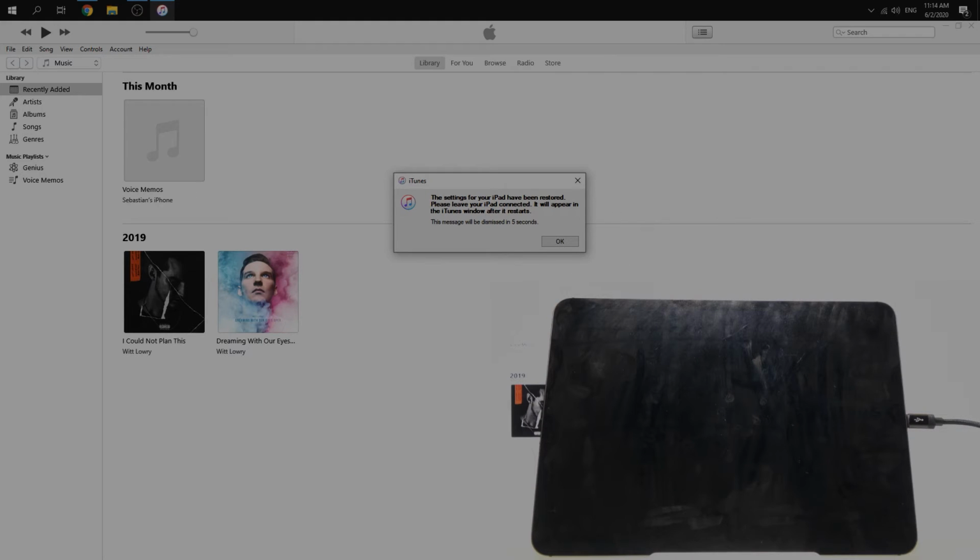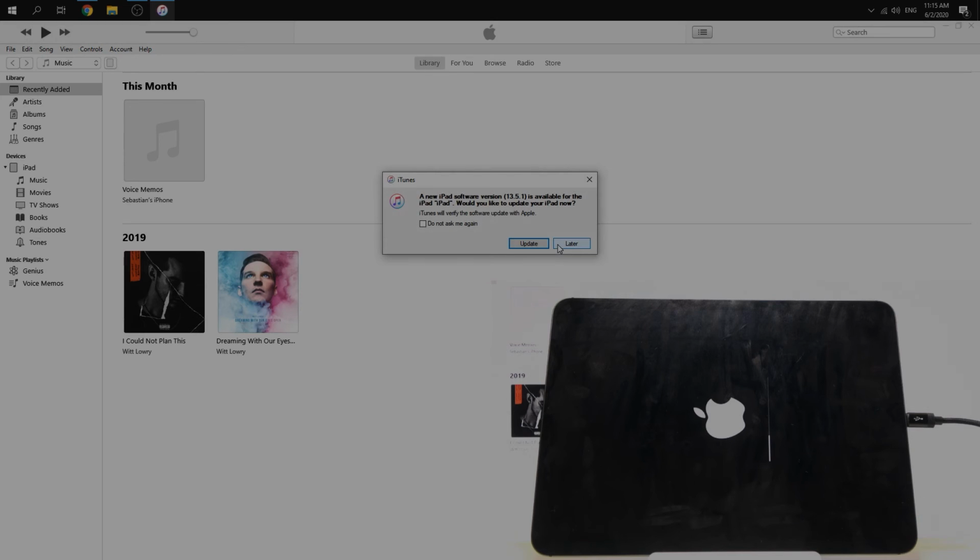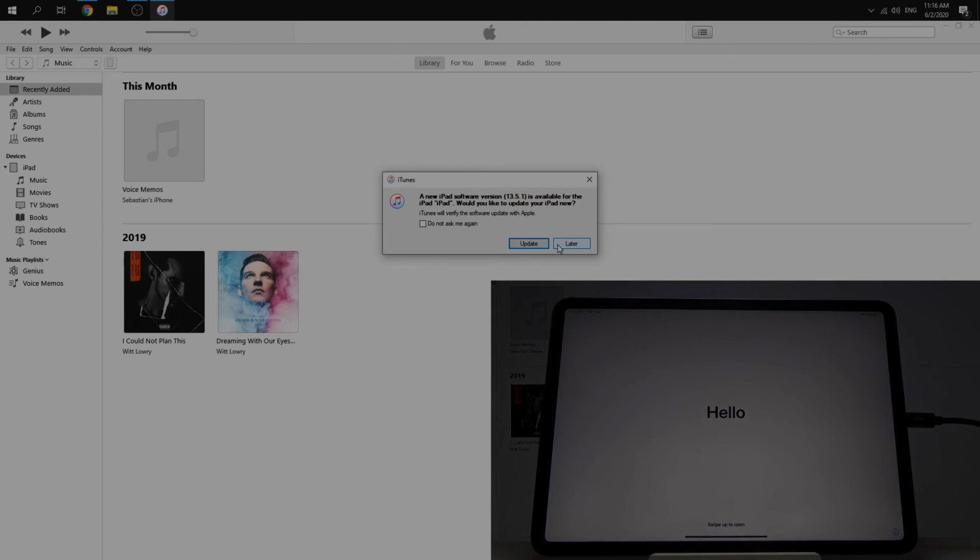Okay, so here we have to just tap OK. Just click on it. Our iPad is turning on, so just wait a couple of seconds still. Okay, so our iPad just turned on, so everything